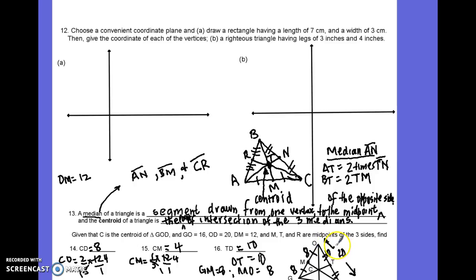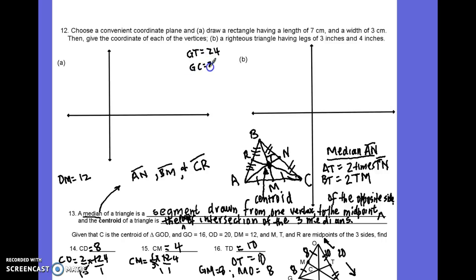Let's see if you could possibly work one out. Let's see if you could work this one. If I give you the distance from G to T is 24. Let's see if we could put that somewhere here. Let's say GT is 24. GT would be the overall length of this median here. What would be the distance from point G to C? Is that the longer segment or the shorter? It would be the longer, so GC